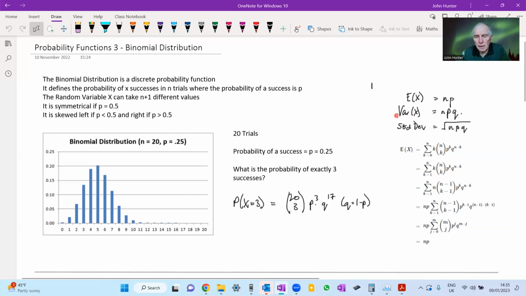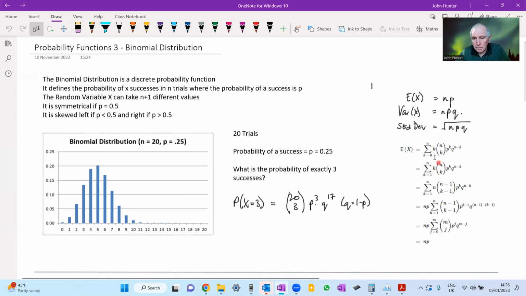It also has a variance. And interestingly, the variance is equal to n times p times q, which is 1 minus p. So if we know n and p, we therefore know both the expectation and the variance of the distribution. And then, of course, the standard deviation that we use sometimes, and we'll see this coming into play in later videos, is the square root of the variance. So that's quite